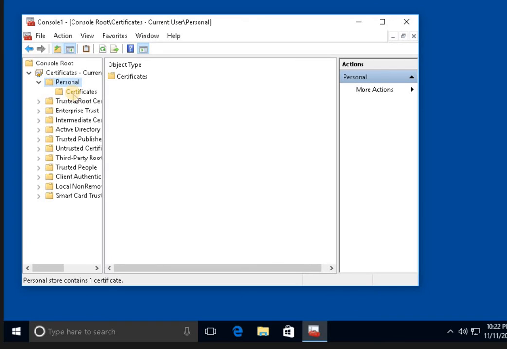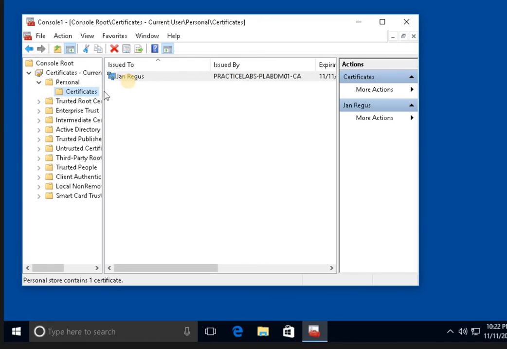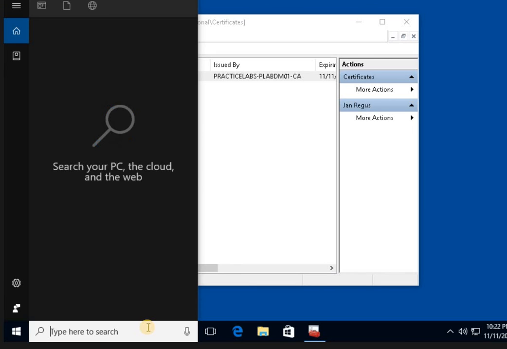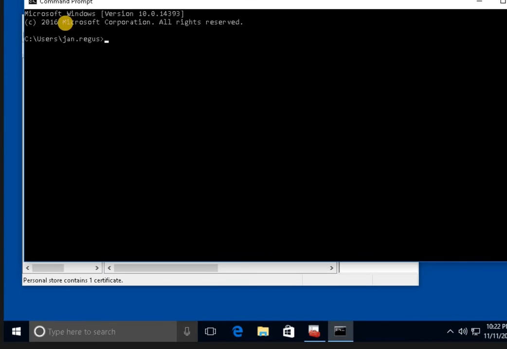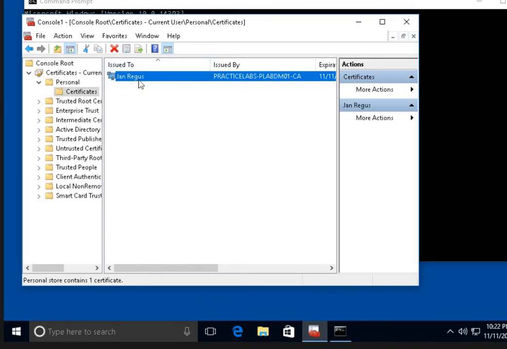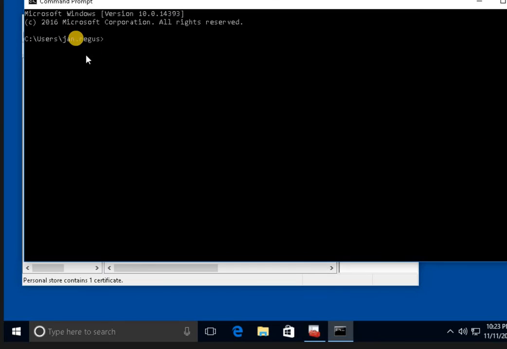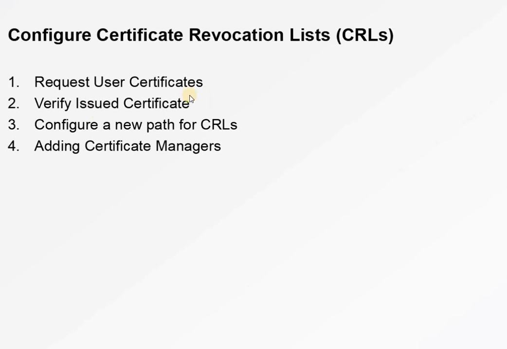You can now see the certificate is added. So in the user profile, the one we are currently logged in, you can now see here Jan Regos, right? This is what was added here, the same user profile. Okay, so now the user certificate has been issued to Jan Regos. You guys can see. So now we have successfully completed the first step. The second,